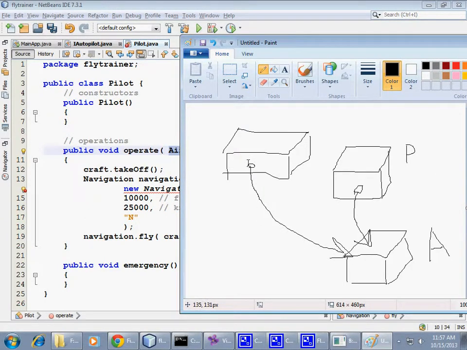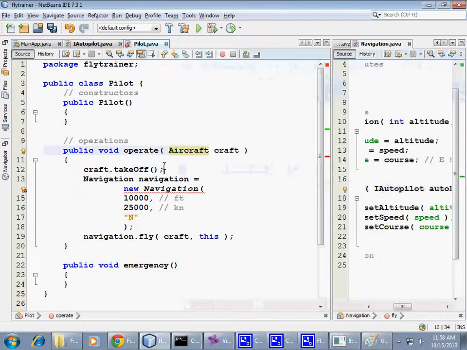But also it needs a pointer to the pilot, so that in case of an emergency, the navigation can talk to the pilot. Okay, so in this case, when we call the navigation, we pass those two things, craft, and then we pass